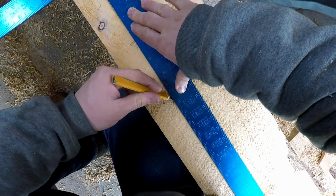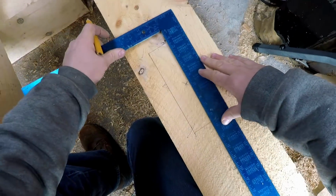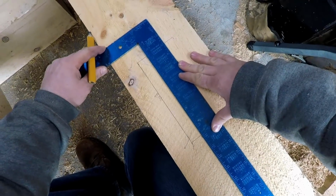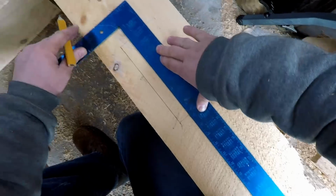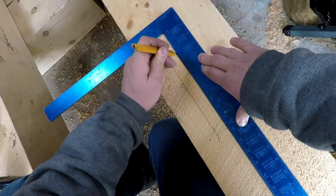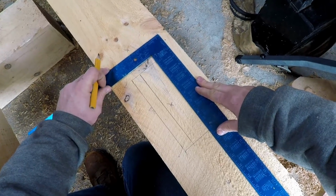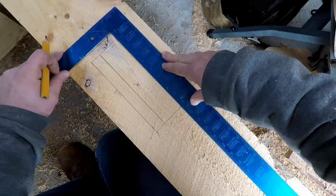Guys get to watch a guy play with his pencils today. And these lines are a little heavy, but they're really nice to see. I will cheat it. Oop. Did it again on that side. I will cheat my marks with the chisel when I go to lay these out with the chisel. I'll go to the outside of the line